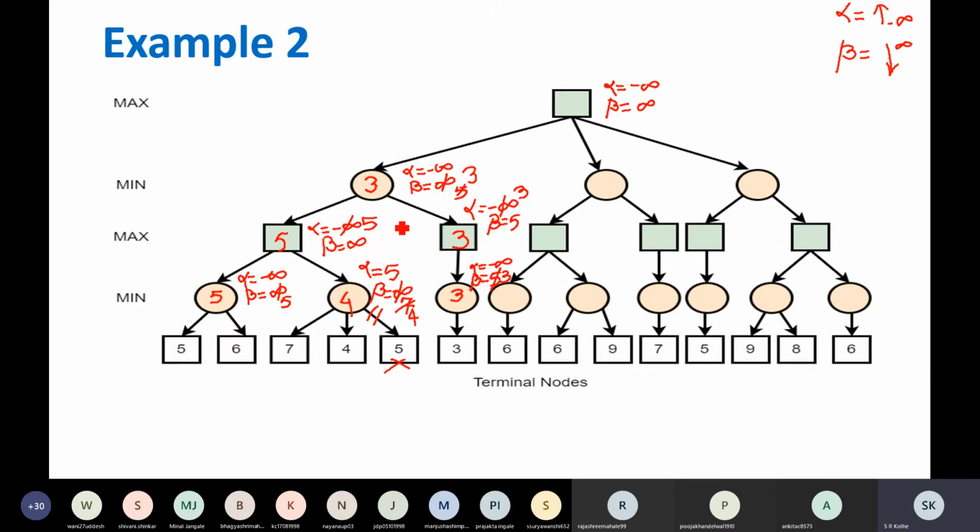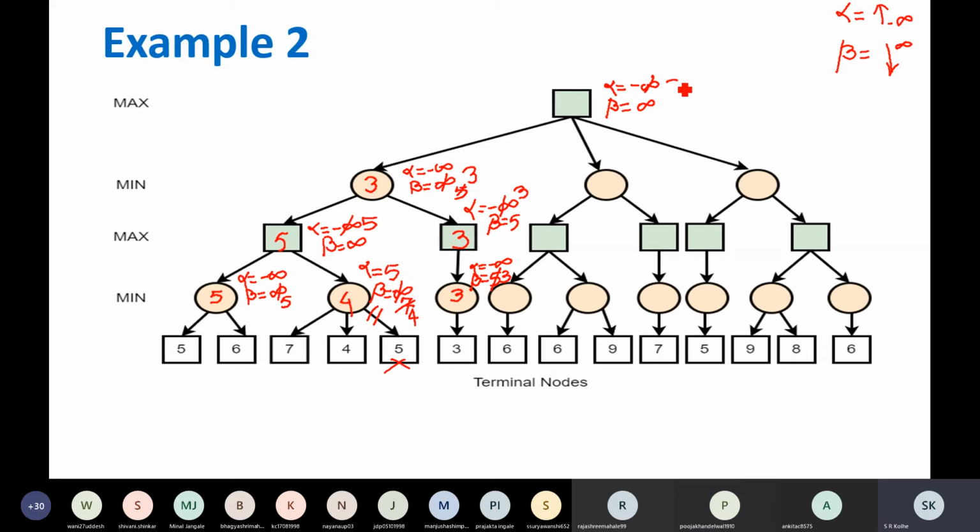What will happen after this? Now backtrack further. It's a maximizer node. It is getting 3 from this side. So it will update the value of alpha. Alpha is minus infinity. It is getting 3. So is it better than minus infinity? Yes, sir, because alpha increases, right?